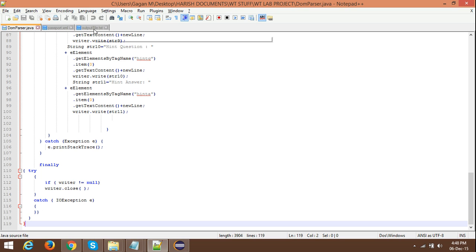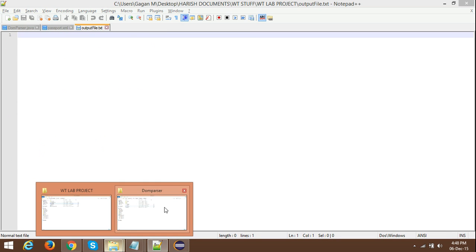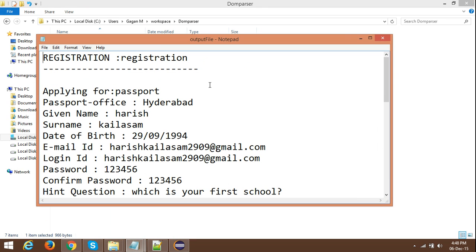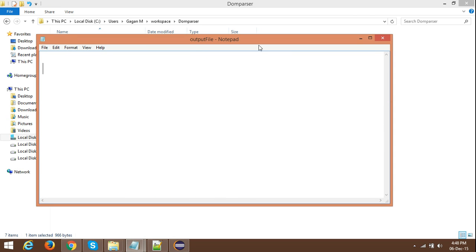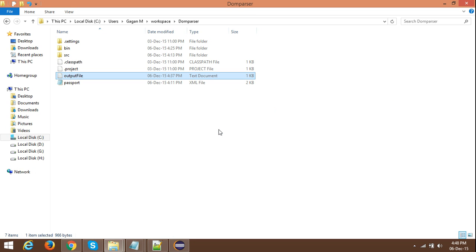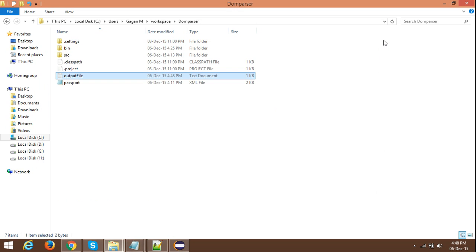Now let's check the output file. It contains something, so we will delete everything. Now it contains nothing.